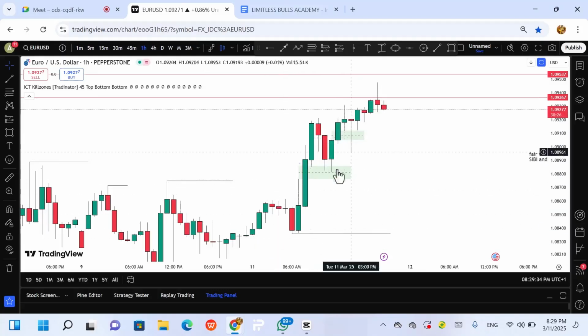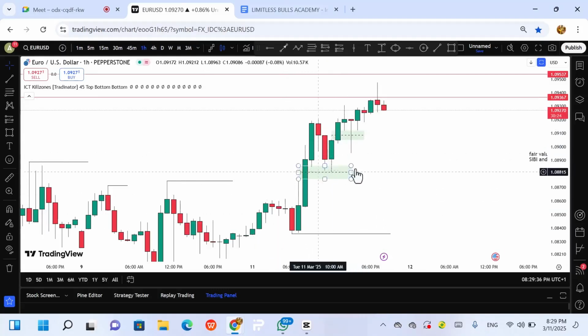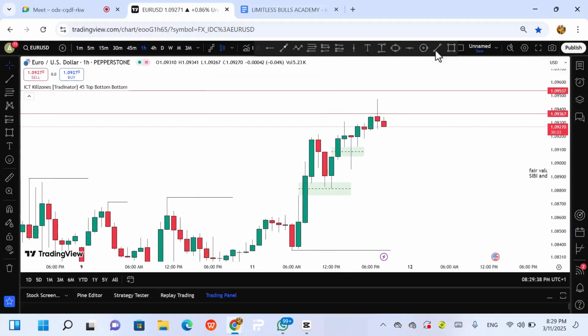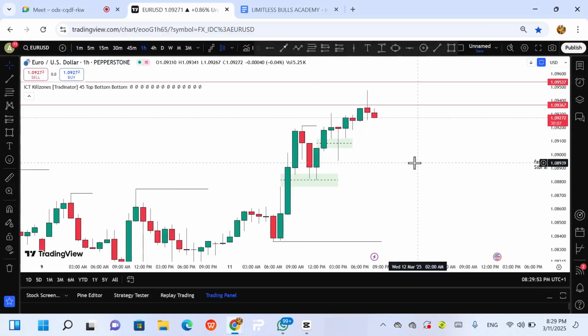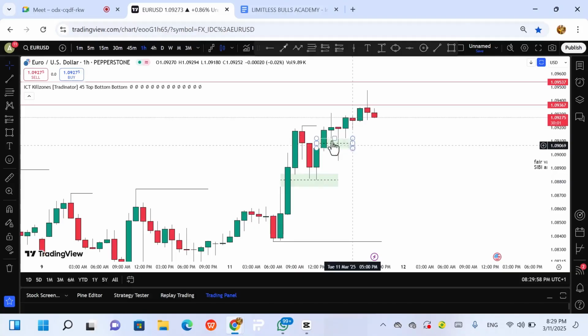Let's say this was a fair value gap. After the market reached this zone, what happened? We can see that this is a swing high. So if you looked for a trade here, catching these buys, maybe you can exit here because this is a liquidity zone. If the market takes out this liquidity, it will go for the next liquidity target. From the fair value gap, it took out the swing high liquidity, came back again, tapped on this fair value gap, and now it is going up.